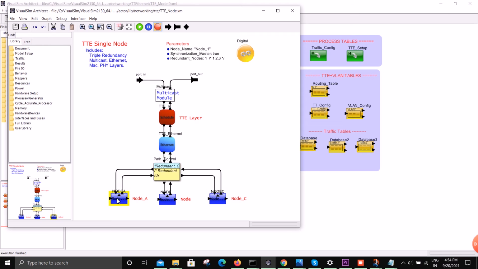So these redundant nodes, node A and node C, can be used to cross check the information at the end, because they also carry the same information and can be routed to some other path. Another use is if one of the nodes goes down, for example my main node goes down, we can use node A or node C as a backup.